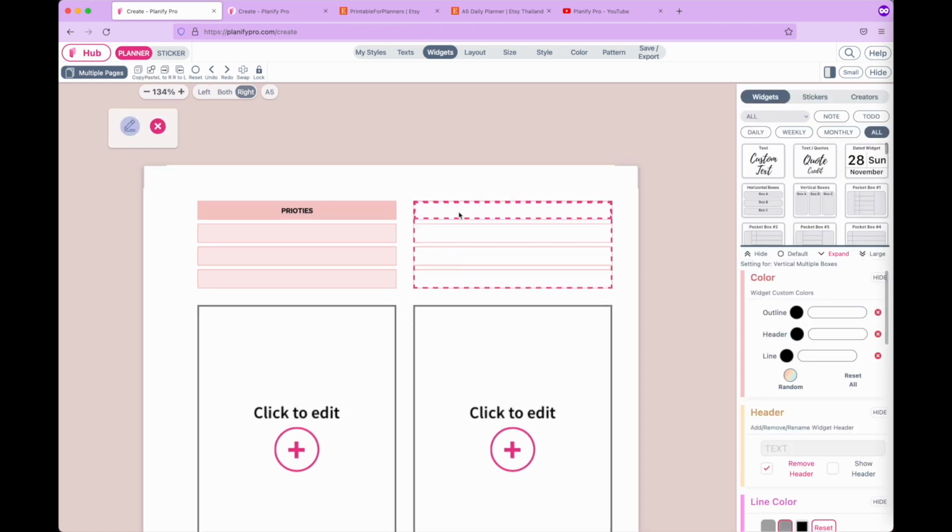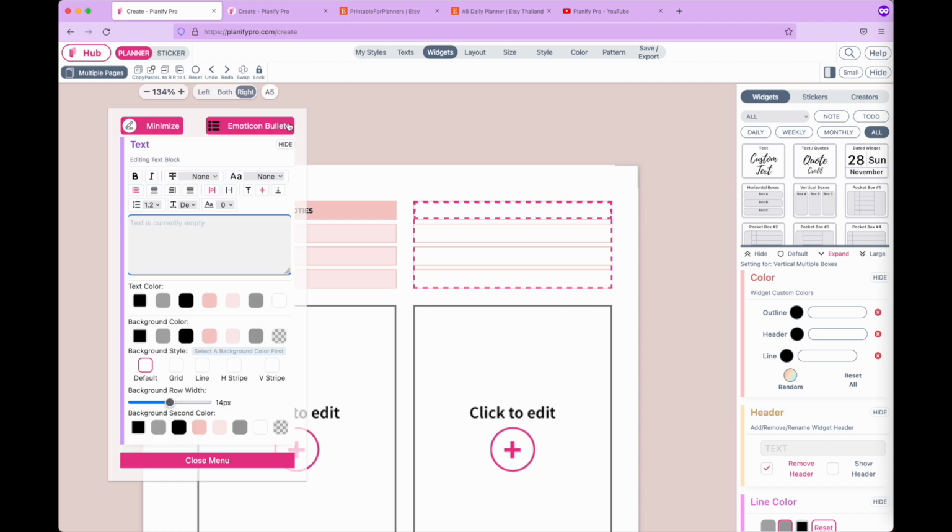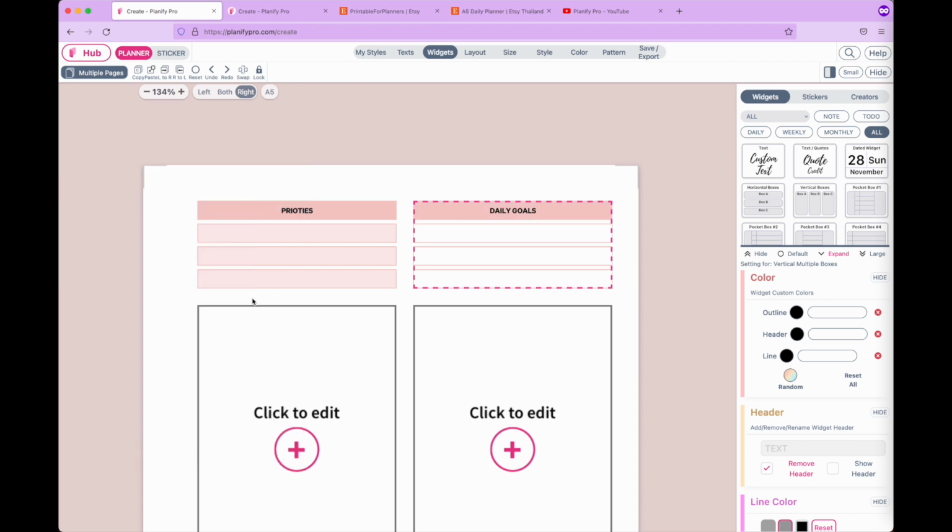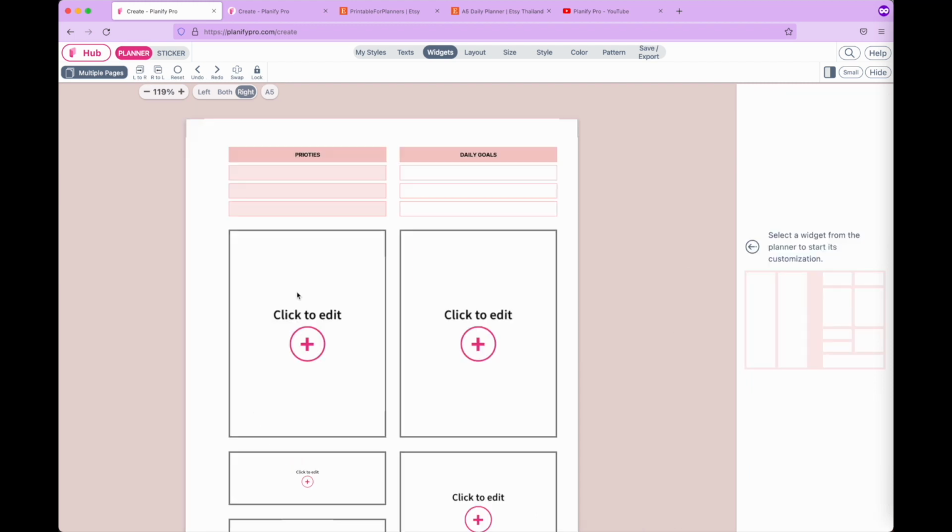And now click on the first row and type within that row daily goals. Move it to the middle and now change the background color to this darker pink, and you can leave the rest. Then next we can move on to the next widget down here below,